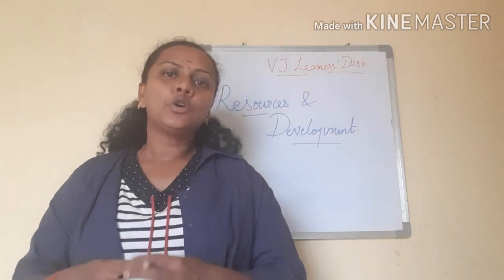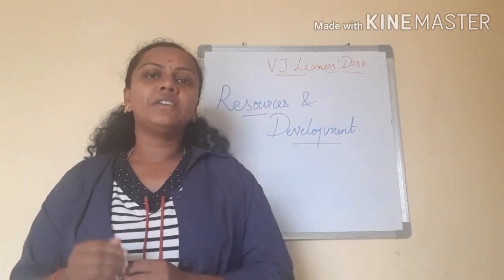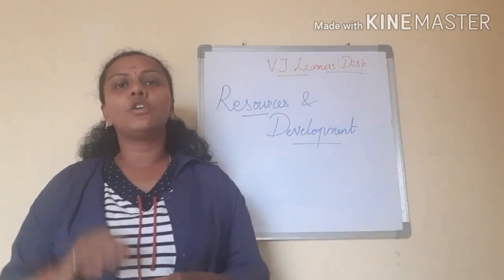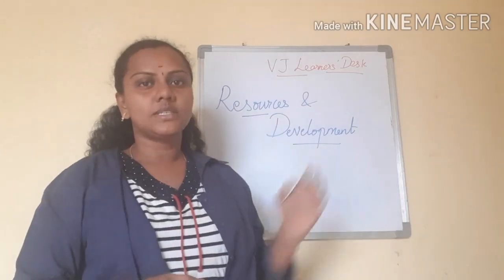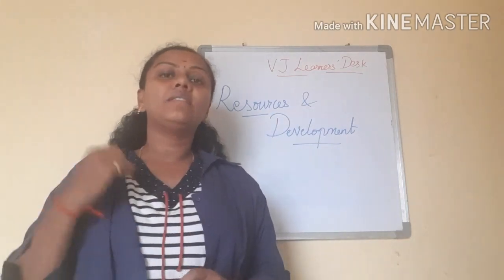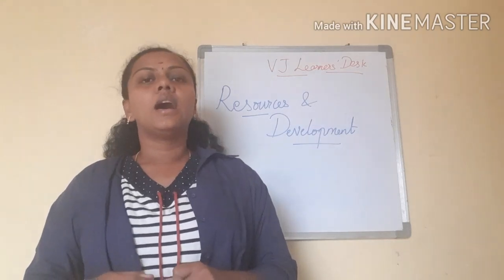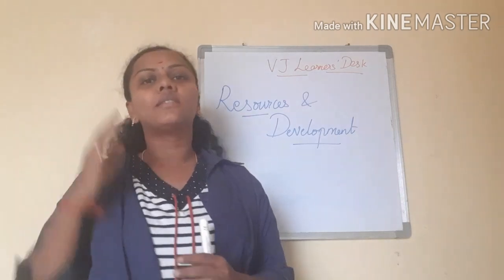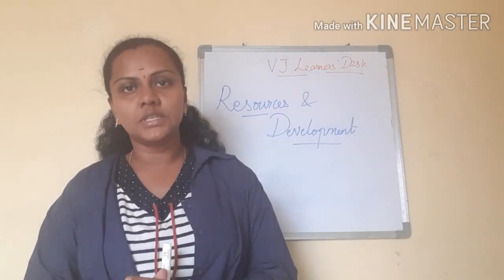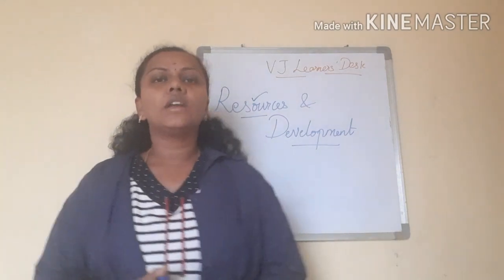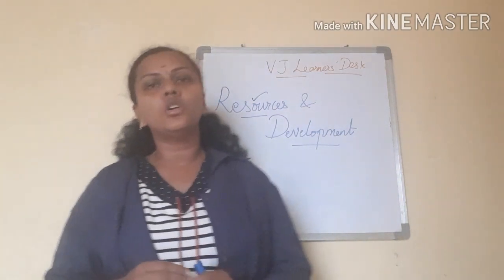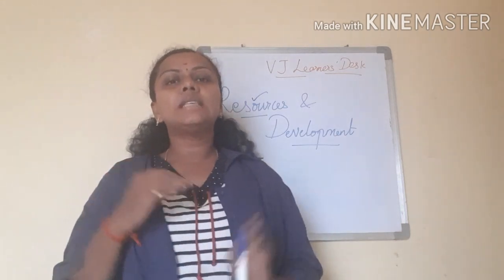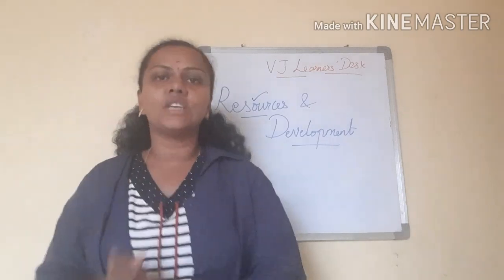In this video, we are going to see Class 10 Geography Chapter 1 Resources and Development. In this lesson, we are going to concentrate on what is a resource and what are its types, where can we extract all these resources, how these resources are developed, and what are the reasons for the depletion of resources. After that, we are going to have two resources in our book. One is land resource, another one is soil resources. So these are the things we are going to cover in this chapter.